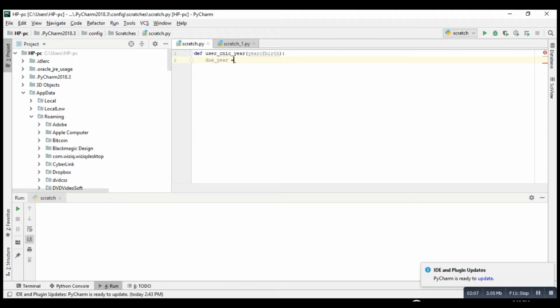Due year would be user CNIC year plus 18 years. The definition of user CNIC year is year of birth. Due year is user CNIC year after 18, you add the 18 years and you return it,